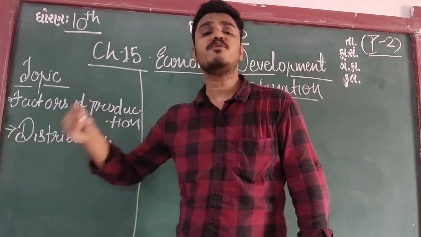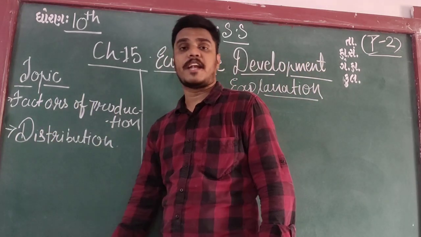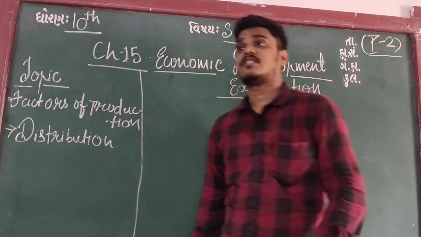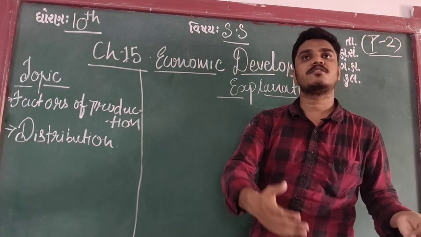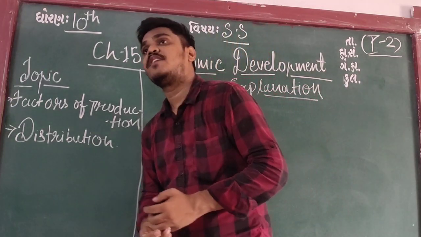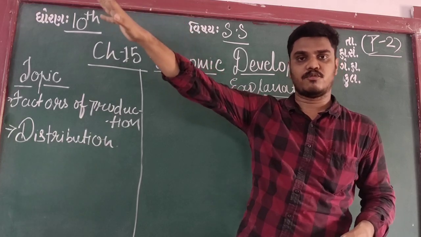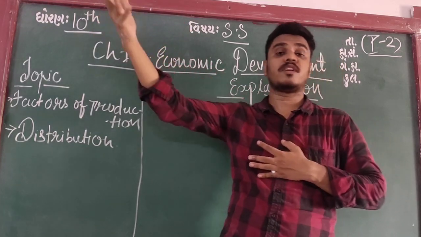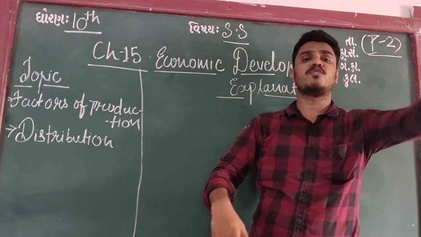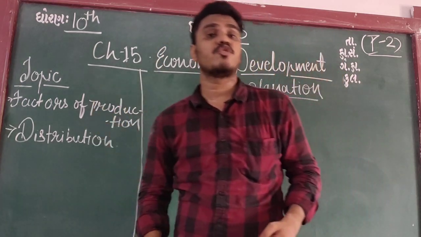Now we have distribution of the production. First, factors of production, now distribution. Distribution means what? Let's take an example of Good Day biscuits. We have land, we have constructed a plant. Suppose I am the owner. At this moment I will consider myself an owner to explain to you that I have to produce and sell Good Day biscuits.